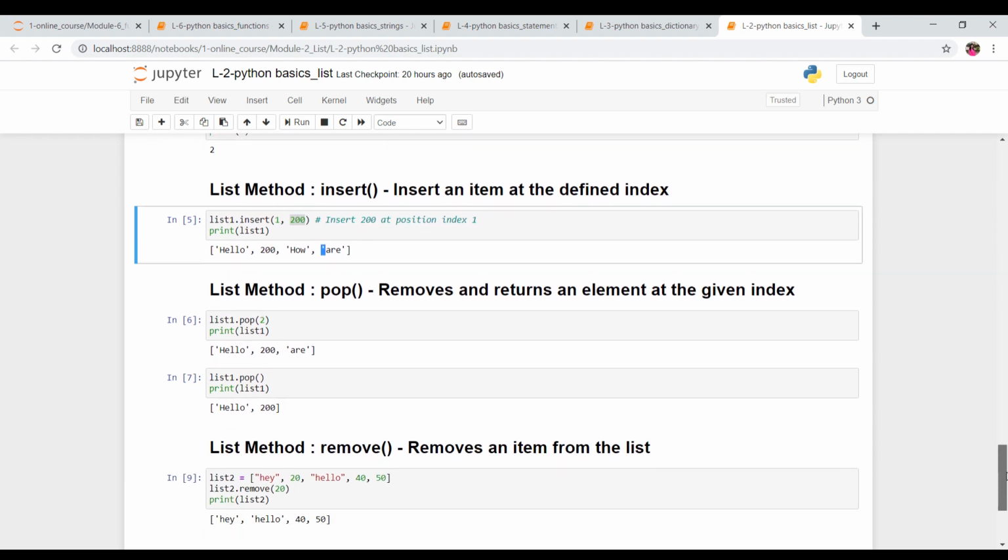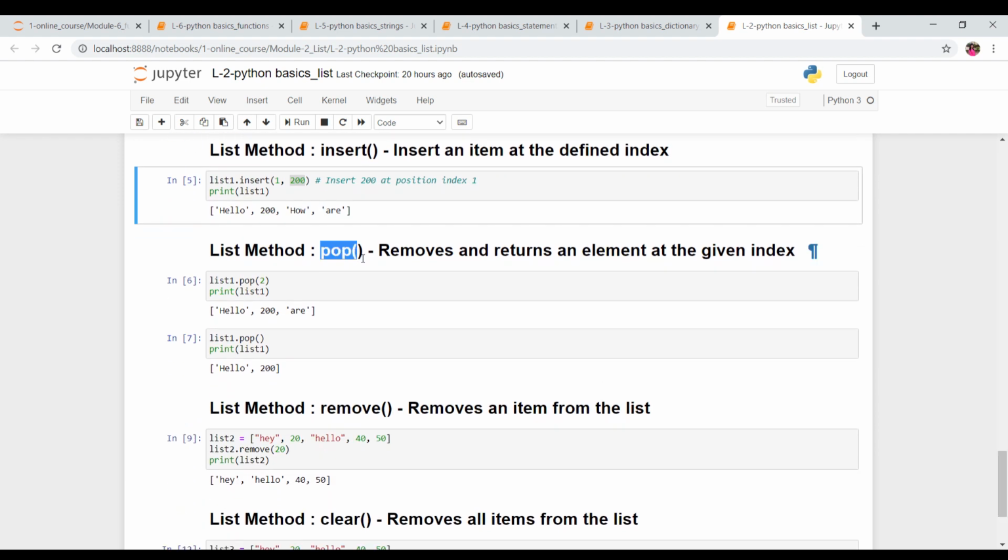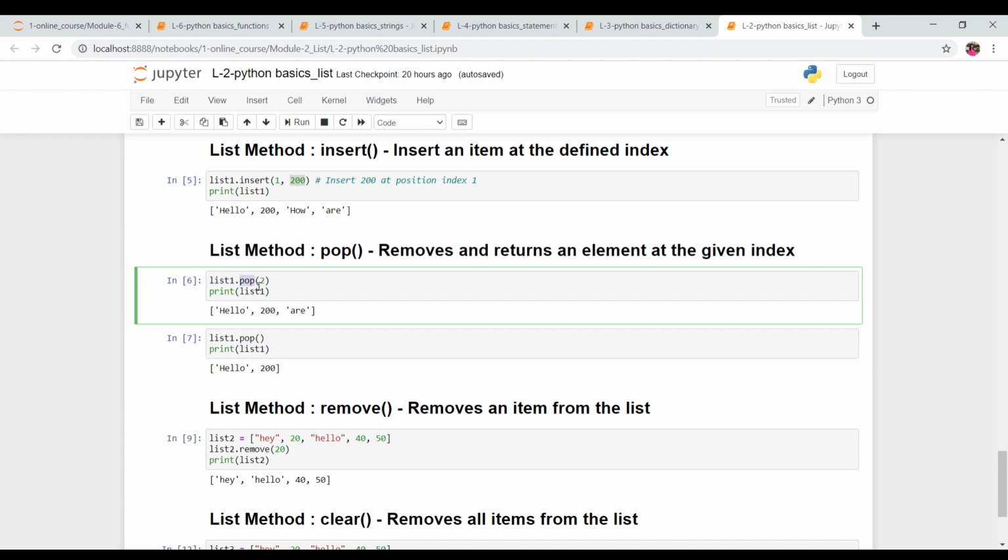Now we have the pop method. This is another method of list. Pop simply means it will remove an element at a given index. Whenever you want to remove an element from a particular index, you can use this pop method. So list 1 dot pop 2.